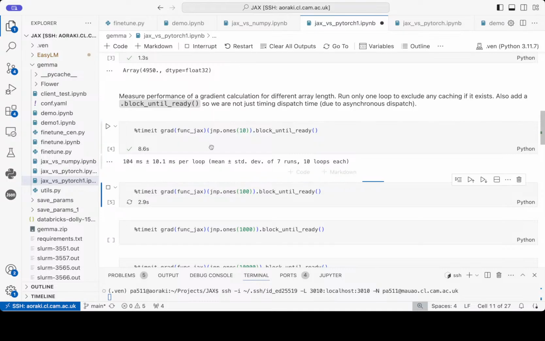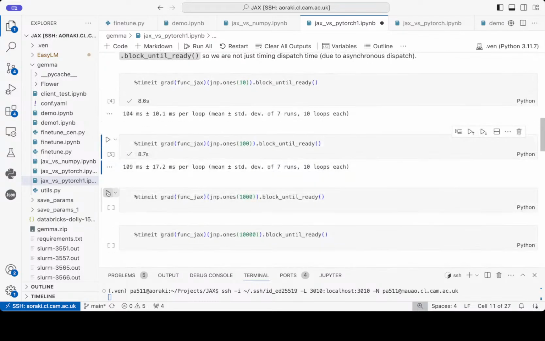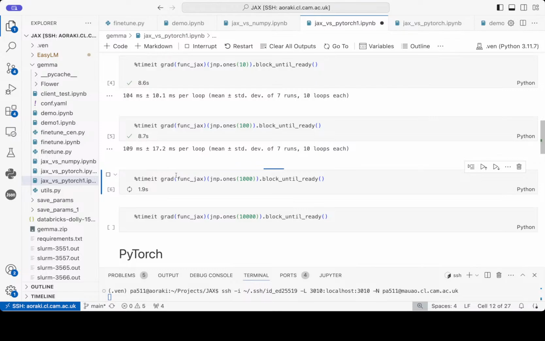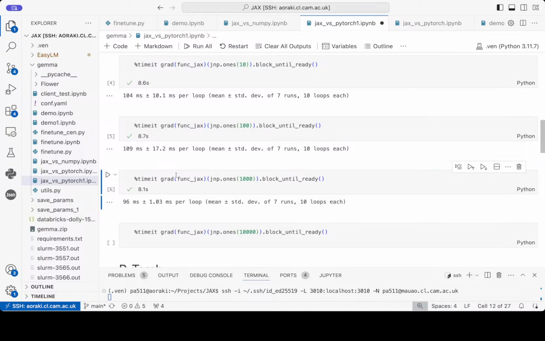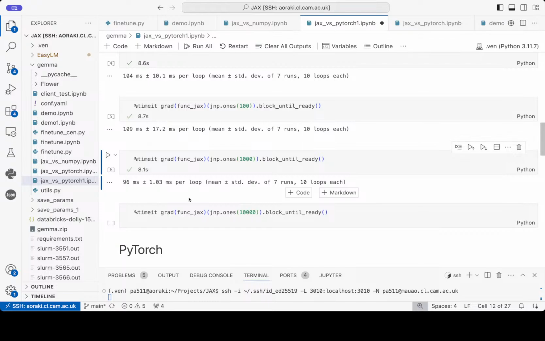It's going to run again, and again it's roughly 100 milliseconds. Okay, let's give it 1,000 numbers. It still takes roughly 100 milliseconds.